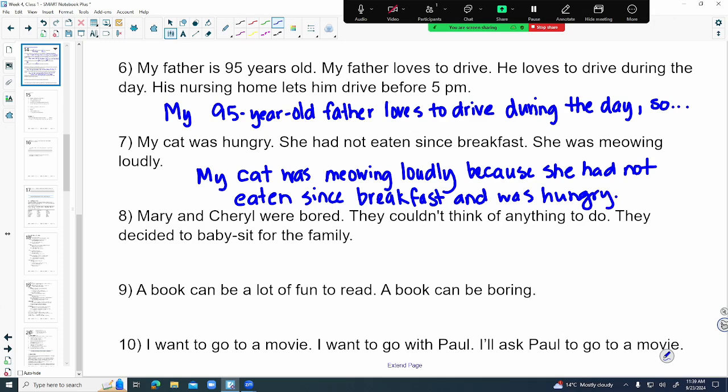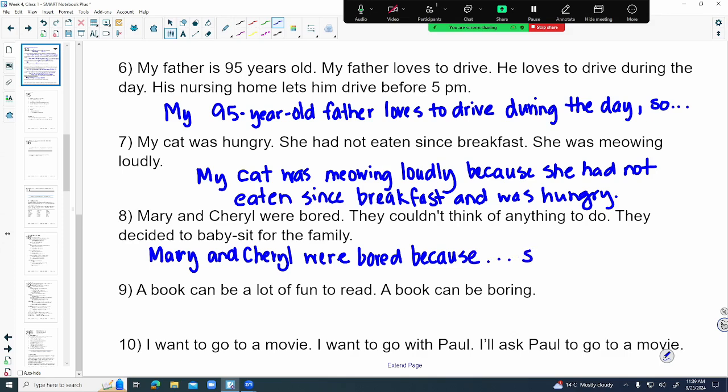There. Okay, Mary and Cheryl were bored. They couldn't think of anything to do. They decided to babysit for the family. Okay, so this one, Mary and Cheryl were bored because, it's a joining word there, because they couldn't think of anything to do, so they decided to babysit for the family. Okay, so just again, three short choppy sentences, joining them together into one that sounds better, flows better,